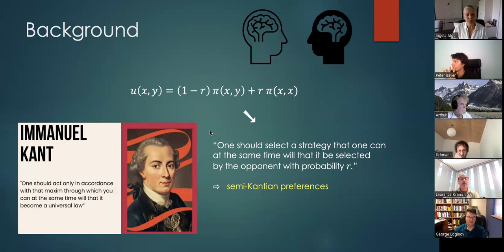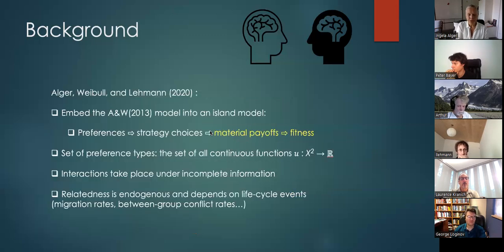And so this brings us to the paper with Laurent and why we take interest in this class of preferences. Before talking about this paper, let me also mention that together with Laurent and Jürgen, we embedded this framework that we had developed in 2013 into an island model, thanks to Laurent. What this does, on the one hand, is that it makes relatedness endogenous, and so it brings the model closer to standard